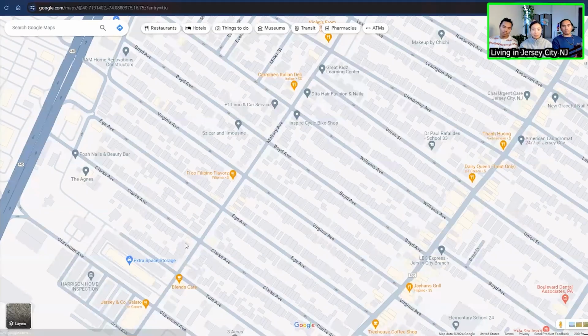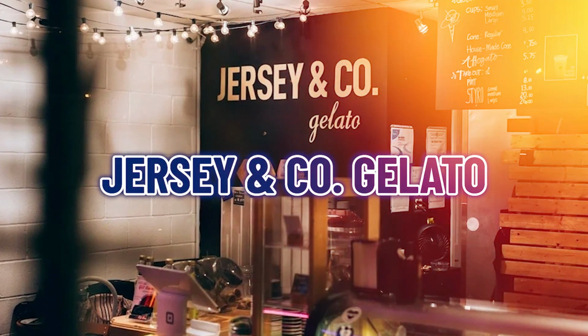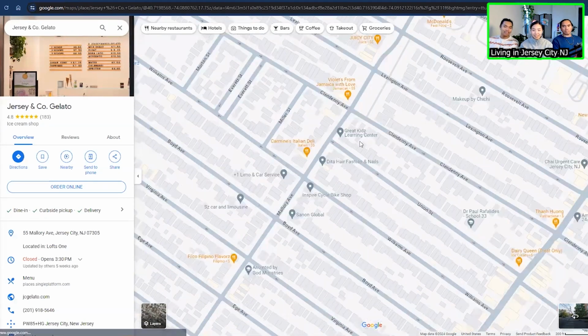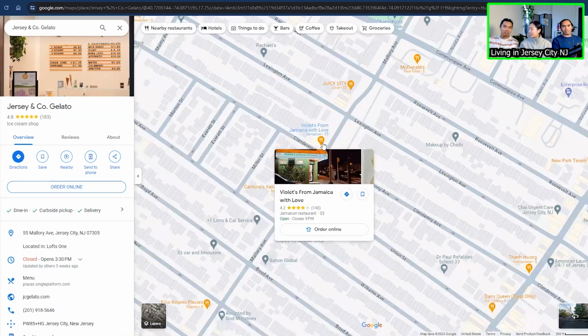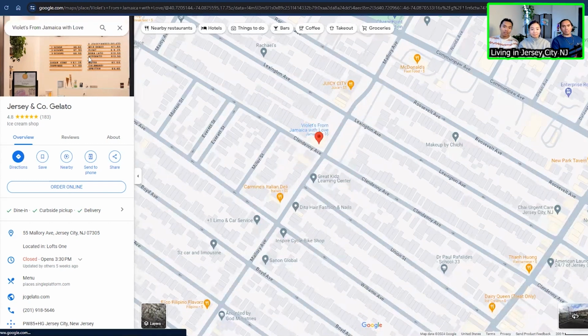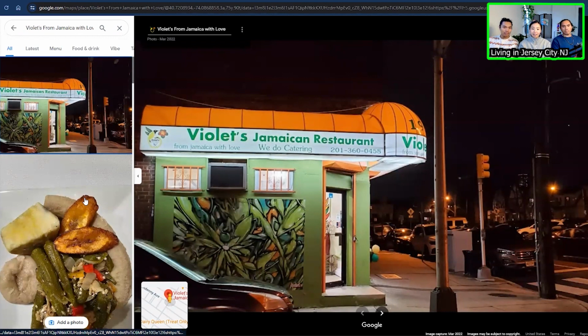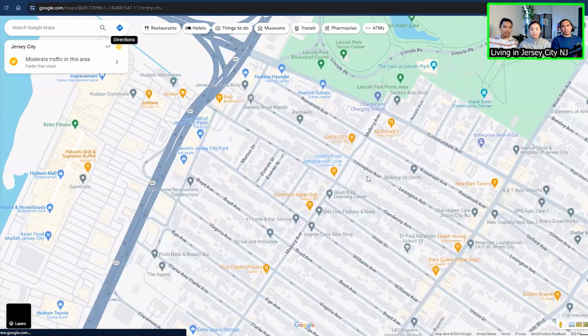For example, we have Jersey Gelato right here. Shout out to Kendrick, one of Adrian's friends, client, you know. We also have Violet's. Have you been there? No, never. That used to be a vegan restaurant. Okay, I guess they converted it to something else now. Wow, this does look familiar. We were walking past it and said that we need to try it out. You can highlight